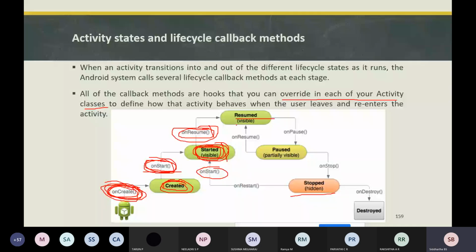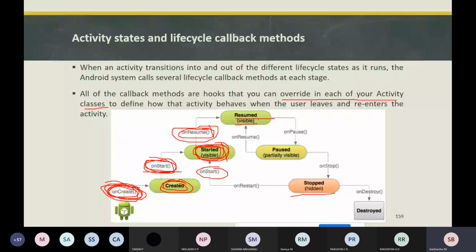Whatever application you are using on your Android device, as soon as you start working, it will be in the resume state.